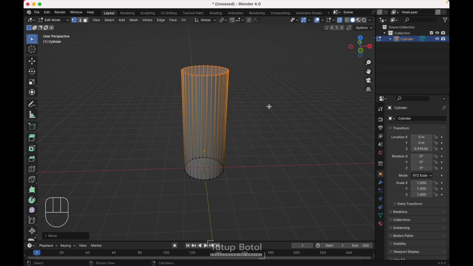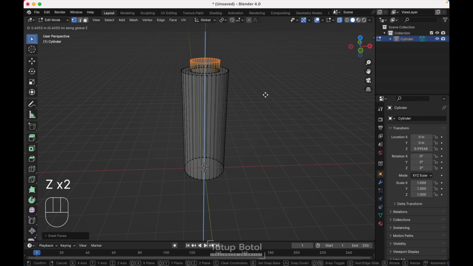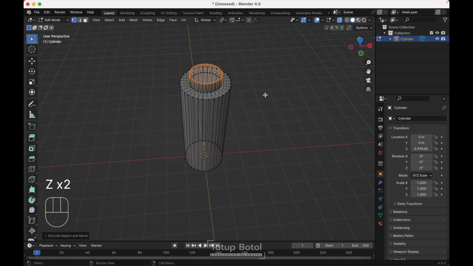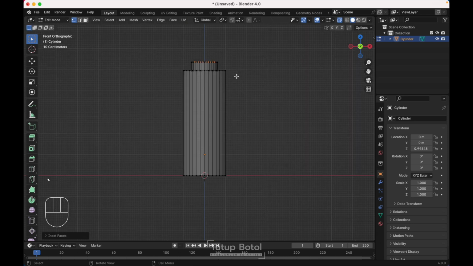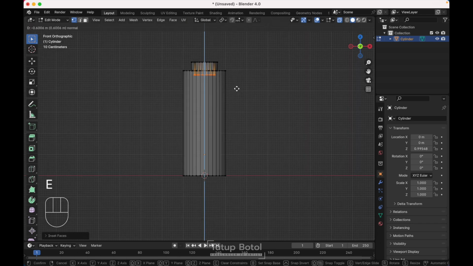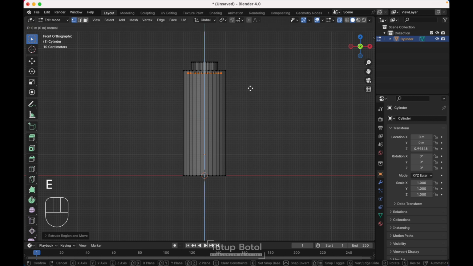and press I to insert just like this, press E again, Z, extrude on the Z axis, up here, just like this, press I again to insert, just like this, go to the front view, press E to extrude on the Z axis down here, press E to extrude again, S to scale it, just scale it like this, press E again to extrude, Z, extrude on the Z axis down here,